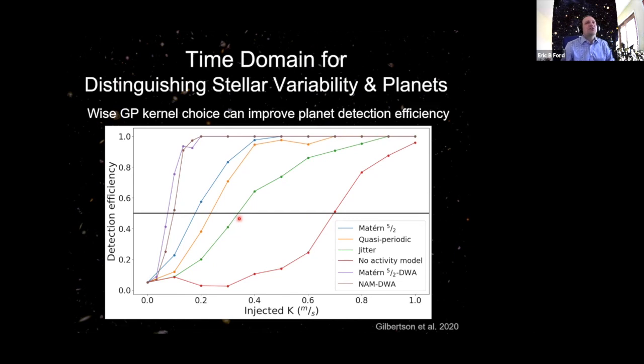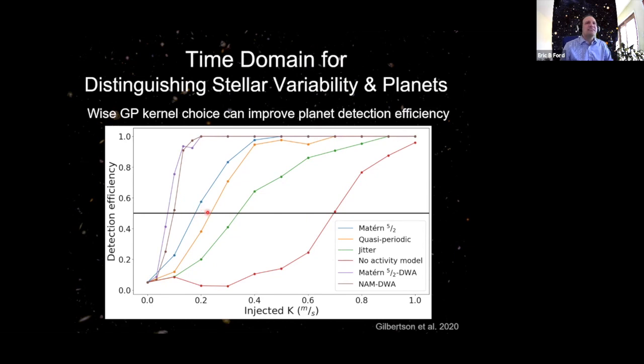And then the other curves show what happens as you start to model that, not in a physical way, but in a mathematical way, saying I need a flexible function that can describe activity, but now I need to penalize that function. You do a big Bayesian set of integrals to compare the evidence for models with a planet, which have a simpler, more constrained model, to those of a more flexible model for stellar variability, and then look at how often you're able to detect it, controlling for your false discovery rate.